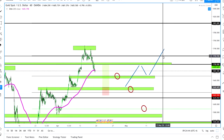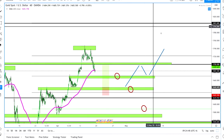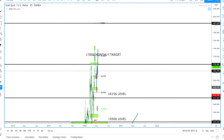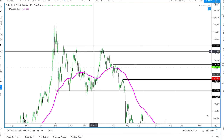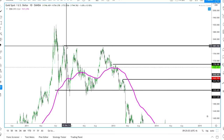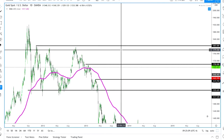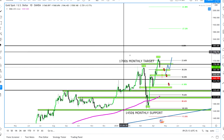And then the final target for gold, the next monthly target, will be the next 100, so 1800 right here. If we do look back in the past, we can see that this is actually the last resistance when we created those highs in September, December 2012. So this is the logical target for gold right now,